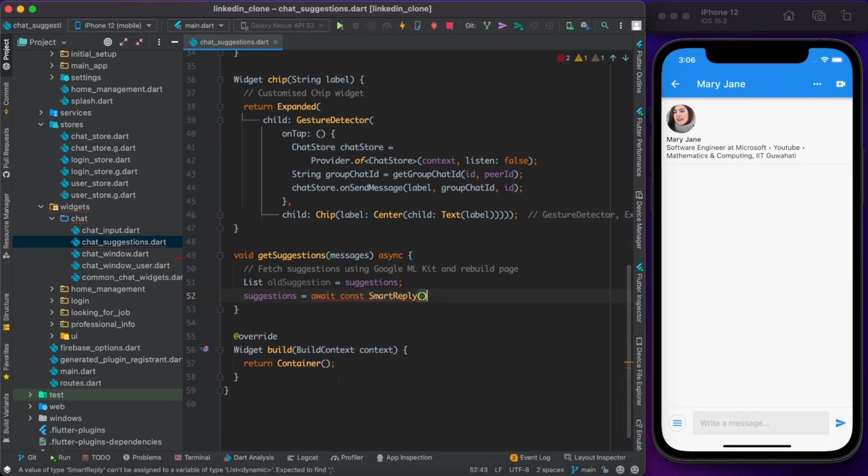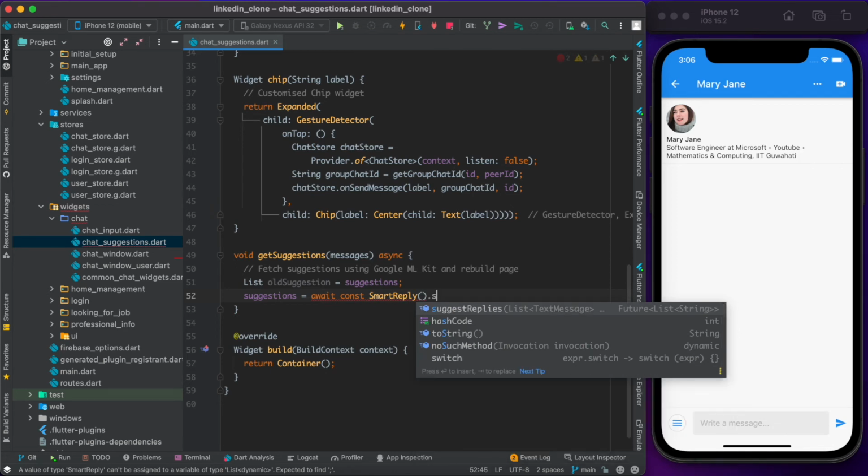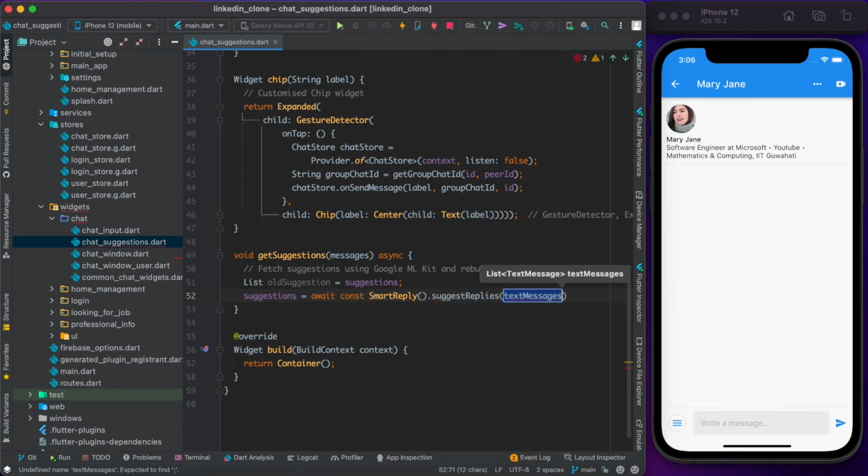Now smart reply has this function called suggest replies, and the text messages is the messages that we want it to have, so we'll call it messages, which is being sent in here.